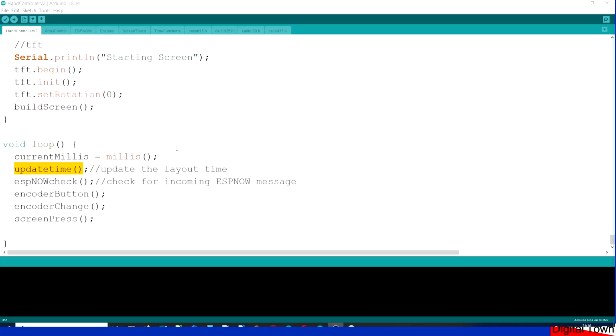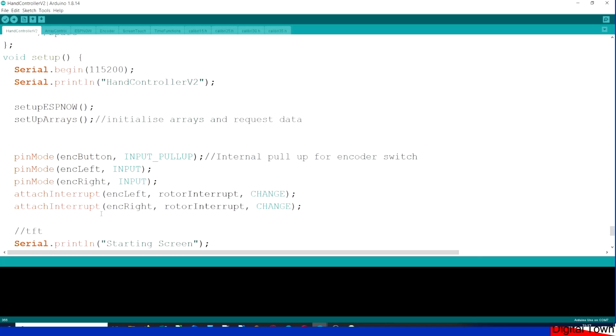So this is the code for that hand controller, and obviously it updates time, it's sending stuff via ESP now, there's an encoder button, encoder changes, screen presses and stuff. The code, if I'd put all of the functions above the setup as I did in the example that we're using,